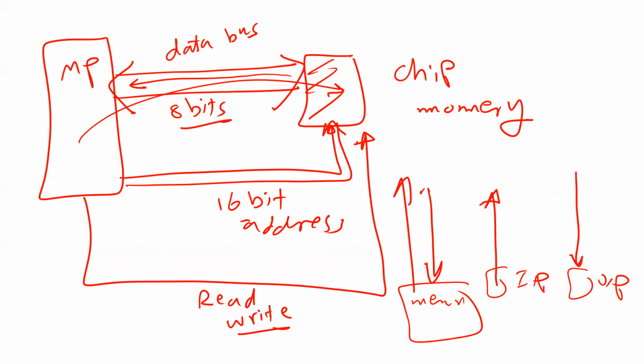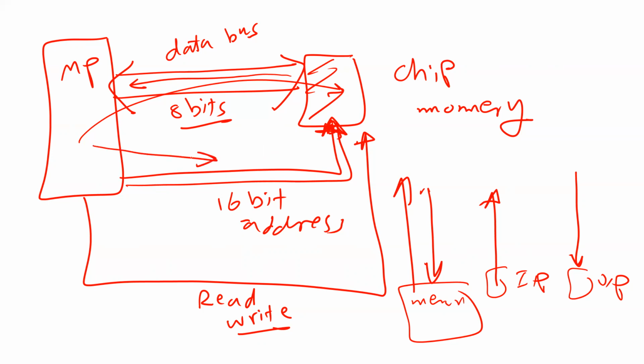So when I write, the processor is going to write to the memory. When you read, we call it a read operation. If you are doing a read operation, you are going to take a byte from the memory. Writing means you are going to write to the memory. Also, as I told you, the data is going to be here. The address has to be here, and if you see the address, it's one way, because you are not going to write the address. The processor is addressing the memory, not the other way around, right? That's why the address bus always has to be this way.